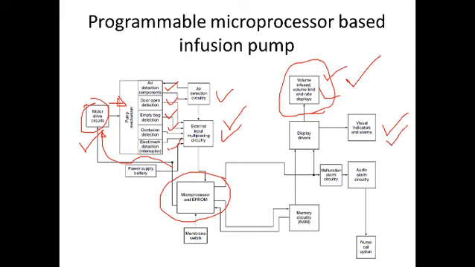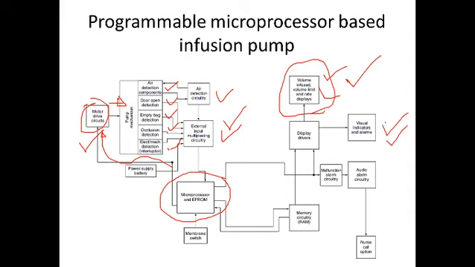Say for example, if the drug is to be given 3 times a day, then it will generate the alarm 3 times, once each time the drug is delivered to the patient. So it will indicate to the nurse that yes, the morning dose is given, the afternoon dose is also given, the evening dose is also given. For that you can have the alarms as well as the indicators.